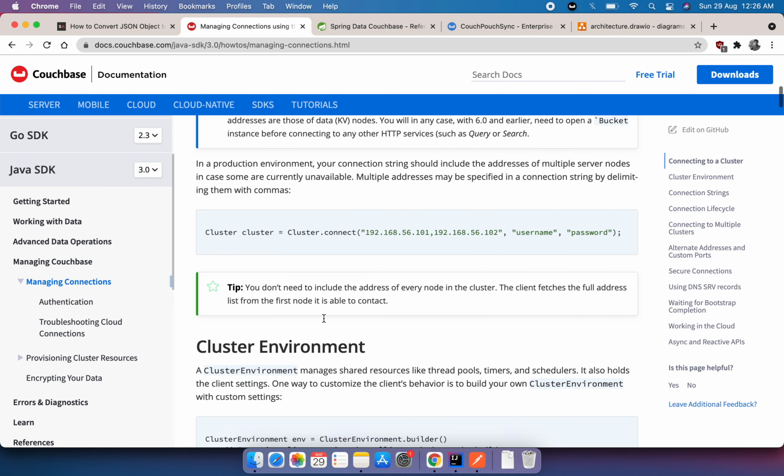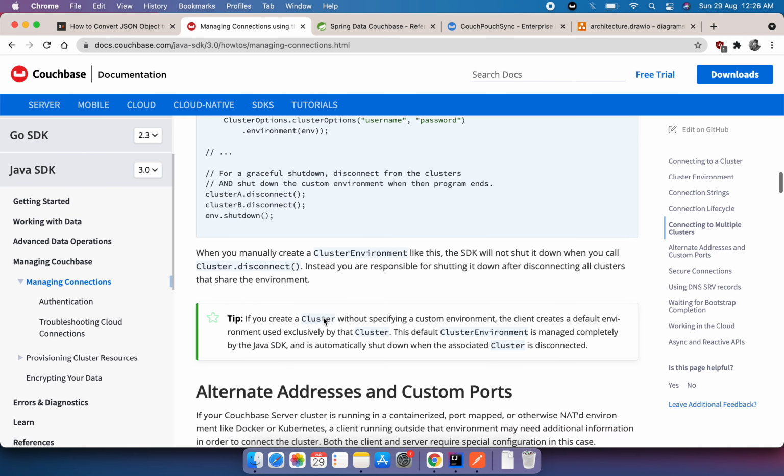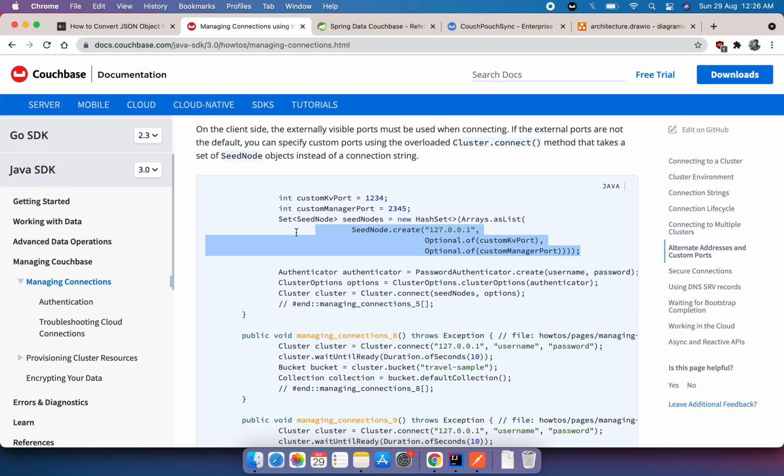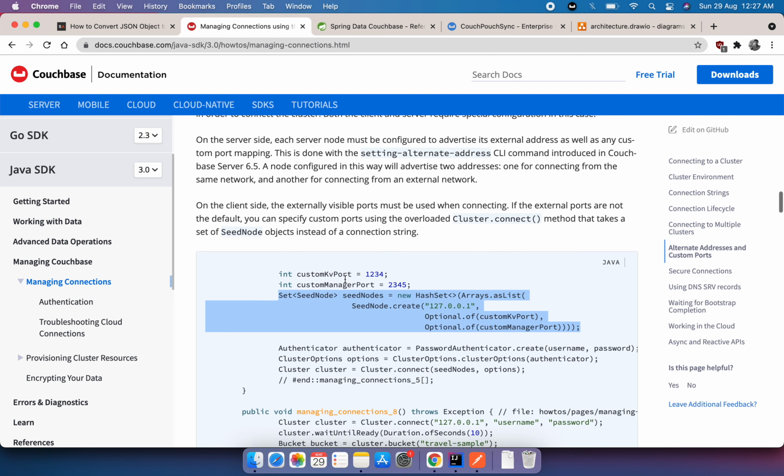There are very simple ways to make a connection, and there are other ways as well. This is the one which I showed you in the beginning. So this is how we can make a connection. If your Couchbase server is running in a container, and the port numbers inside and outside the container are different, you can provide those using these two values, and you can add these two values into your cnode.create. This is from the information they give us, and using this you can go and create that. So many things to explore here.